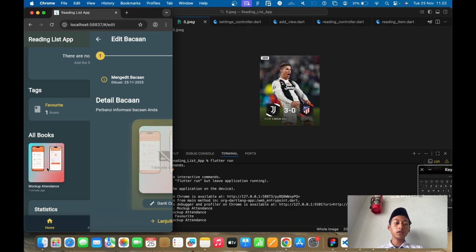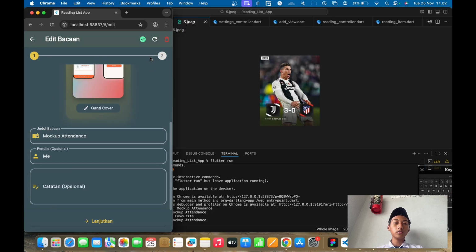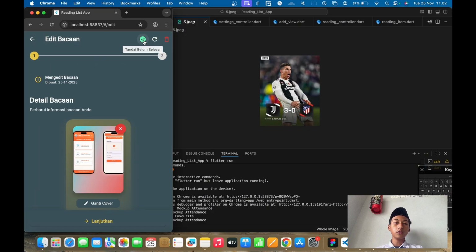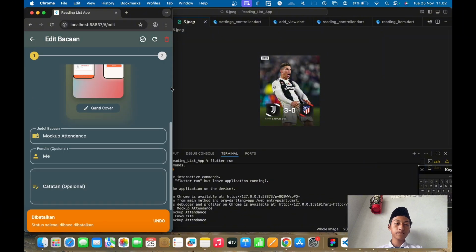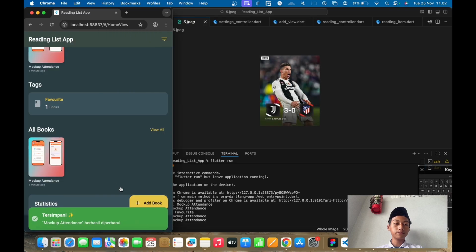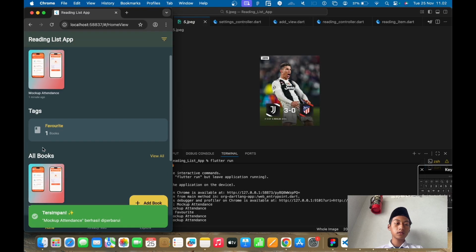So you can also use it when the book is not already read, and then save like usual. Like this, it's like a duplicate.